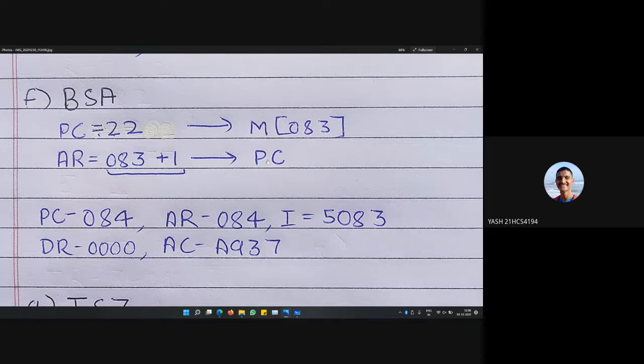After saving the initial value of the program counter, we need to go to the new address, so PC will also change to 084. There is no change in the data register and accumulator, because we are only dealing with saving the address. Address work is generally done by the program counter and address register. So DR and AC will not change. The instruction will be the same. Just AR and PC will both now be 84.